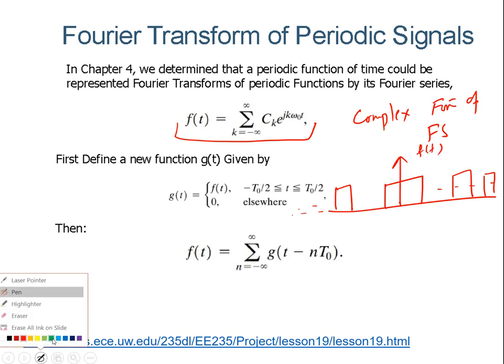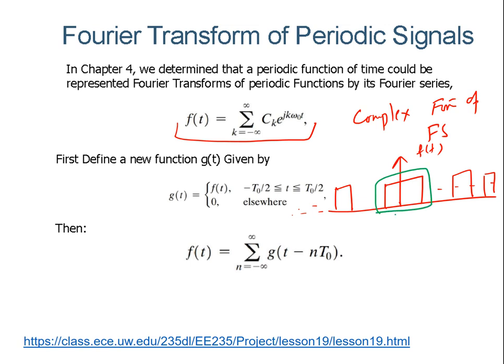Now to take the Fourier transform, what will I do? I will take a small part of this signal, for example only this part, and I will refer to this as g of t. So I will take only this part, which will basically be aperiodic, and I will calculate the Fourier transform of this part only. So for g of t, I will get F of omega for that.